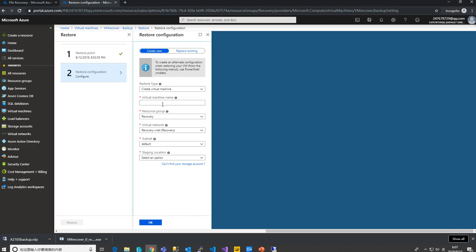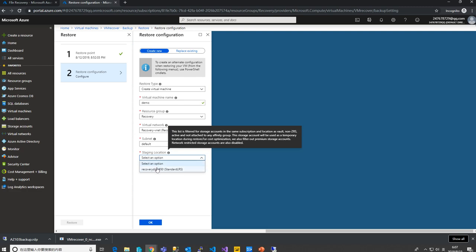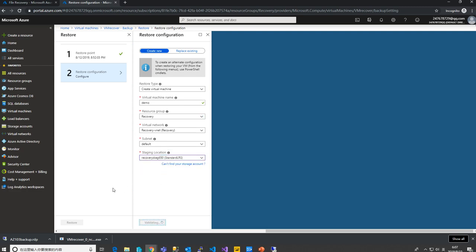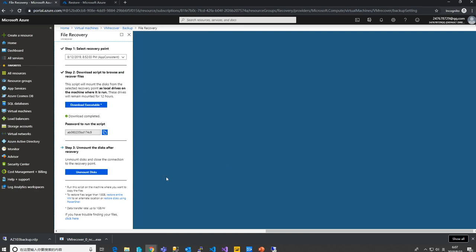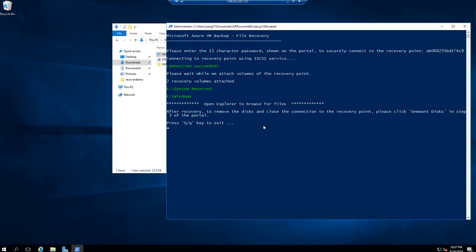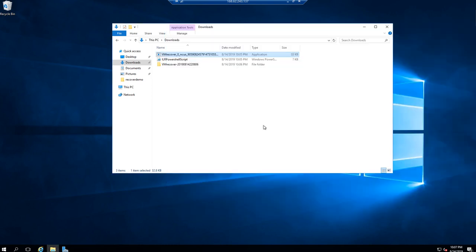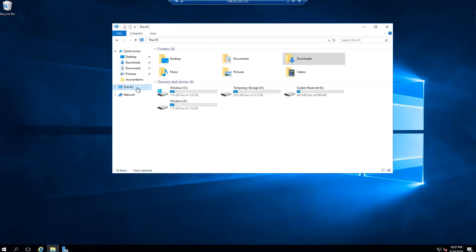So if you create a new one, it's the same process for you to create a new virtual machine. And once you're done with that, let's say I give it just a simple name. Okay. And you can click restore, right? It will just restore the machine. You can see the machine being created. But for demonstration purpose, for time-wise, okay, this is done. Okay, so let's go to the PC again, and you see they have two more files, two more disks, right? So we go to this one,